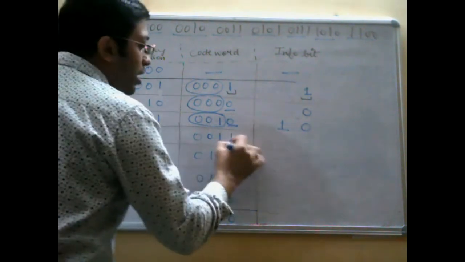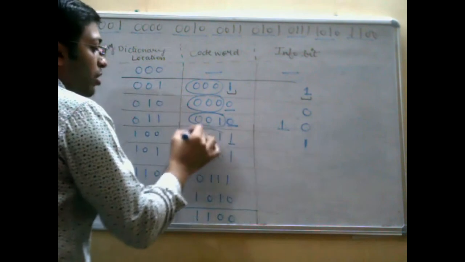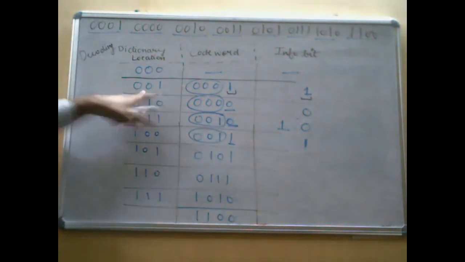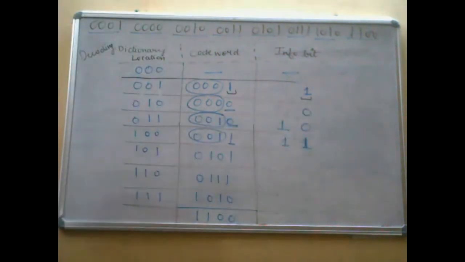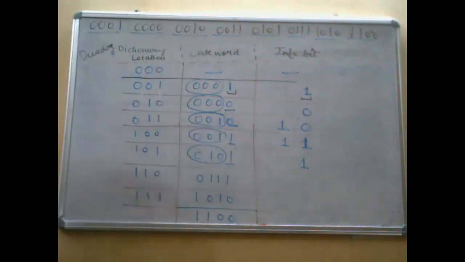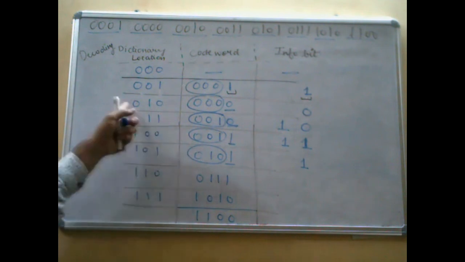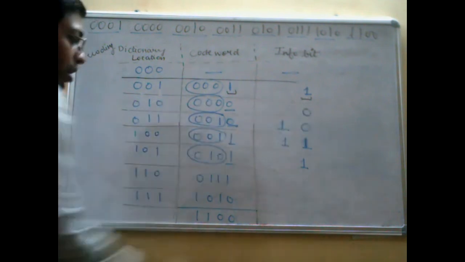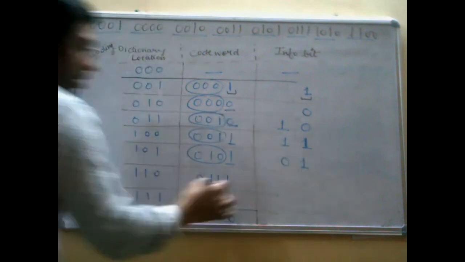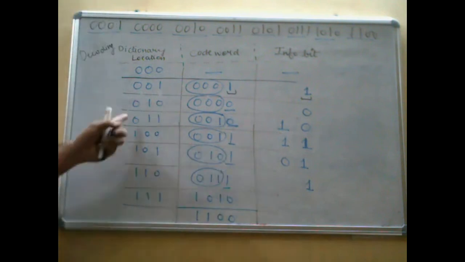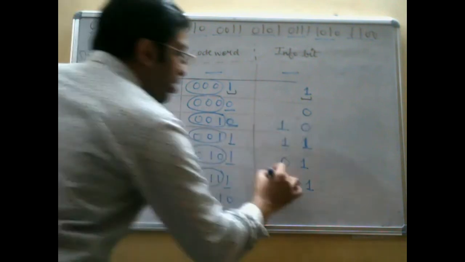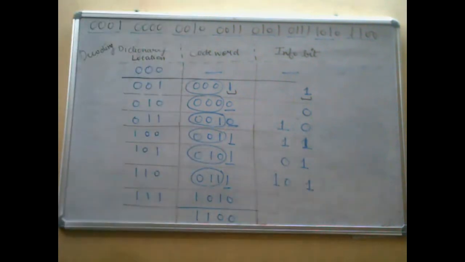Okay. Now see over here. This 1 will be passed as such. For 001, again, what is the information? 1. It will be passed over here. Okay. Then 1 over here. 1 will go over here. What will be the value for 010? 0. It will be passed 0. Okay. See over here it is 1. 1 will go over here. What is the information at 011? For 011 I have the information 10. So 10 will come over here. Okay. I hope you have got this concept.